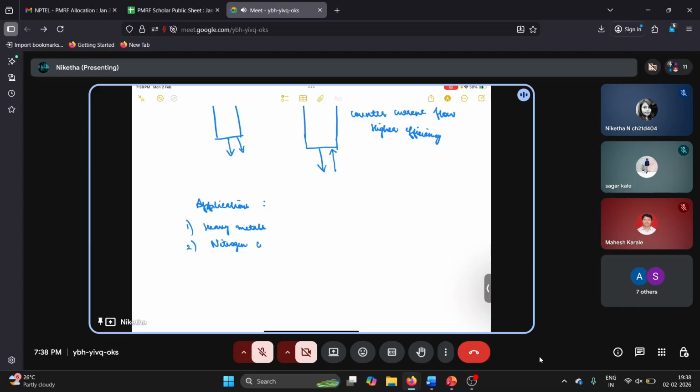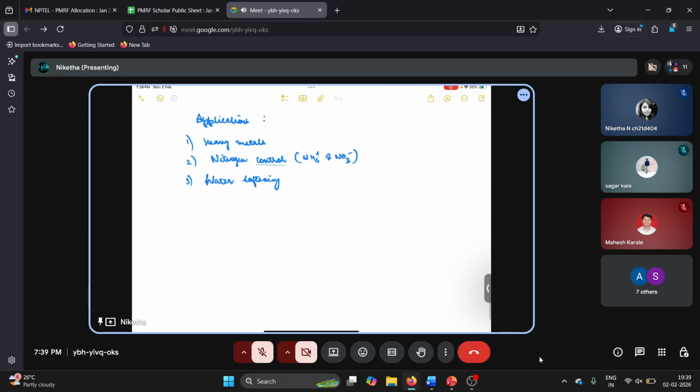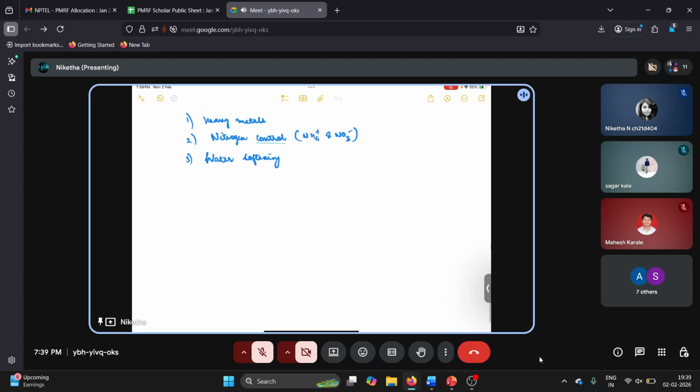So nitrogen control, mainly for ammonium and nitrate. Then for water softening. So for the nitrogen control,